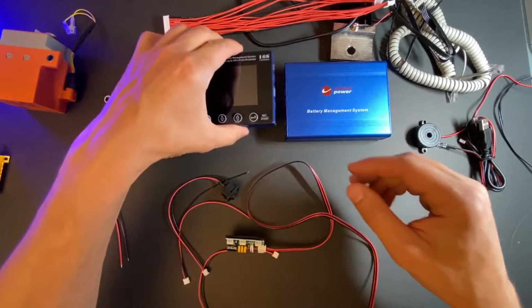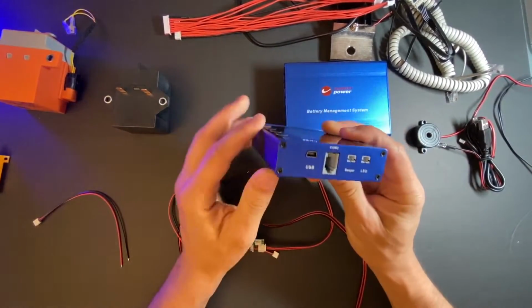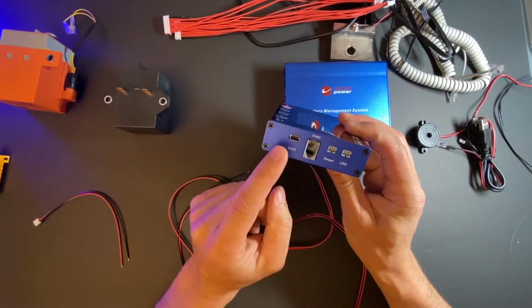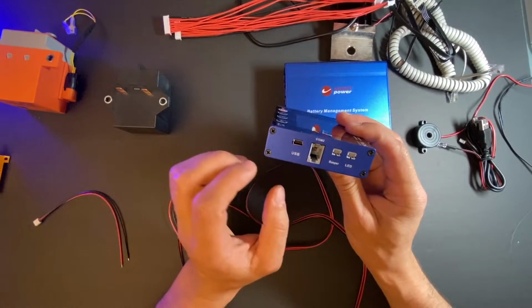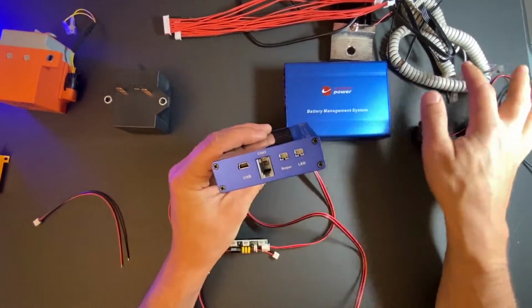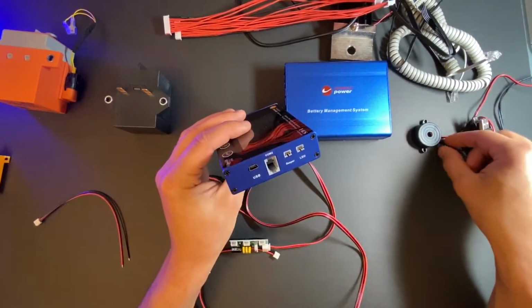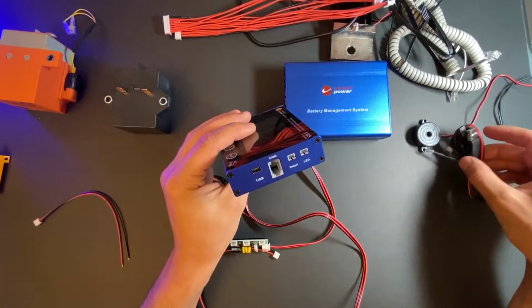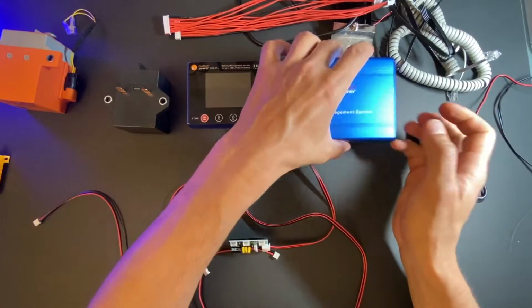Now for the connections. On the LCD module, we have a mini USB for updating firmware. Also COM2 is going to go to the main module through this cable. Then the beeper and LED, for visual and audio notifications. So on